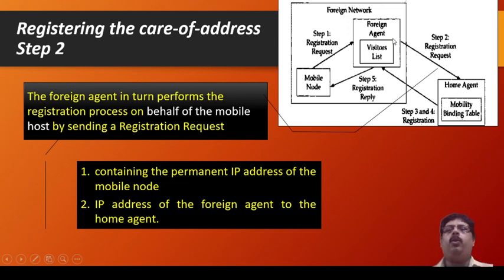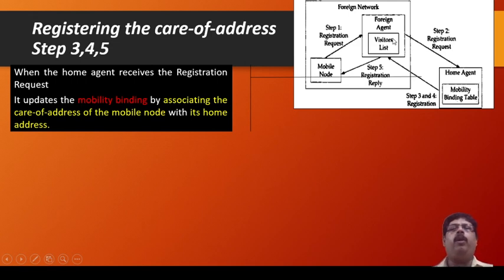So these are two things provided to the home agent by the foreign agent, and it is registered into the home agent. There it will get a care of address. That is what we call care of address. Now let us discuss the next three steps: third step, fourth step, and fifth step. I will discuss this in a single slide.